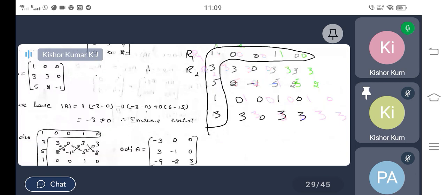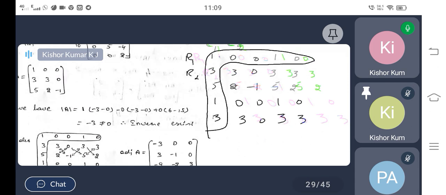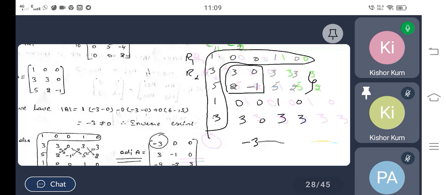Now after this, we have to move on to the simplification. How to do the simplification? Consider the first 2 rows. In that, the first 4 elements. What are the first 4 elements? These are the first 4 elements. Evaluate this as a determinant. You will get minus 3 minus 0. So minus 3 minus 0 will give us minus 3. Mention it as the first element in the first column. That is directly how we are writing the adjoint of A.